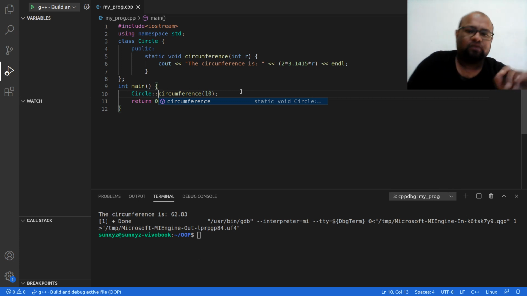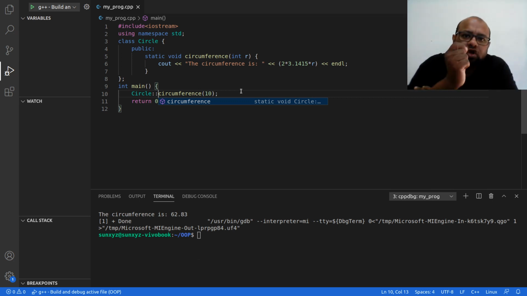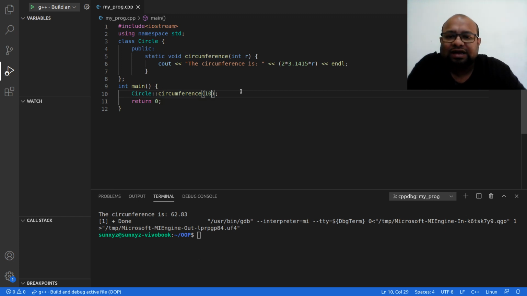In the same way in which I accessed the static data attribute, using the same kind of syntax, we are going to access static methods. I am going to write the name of the class, followed by the scope resolution operator, followed by the method name, and if there is a parameter, I am going to pass it. So we are taking one parameter, and I am going to pass that parameter.